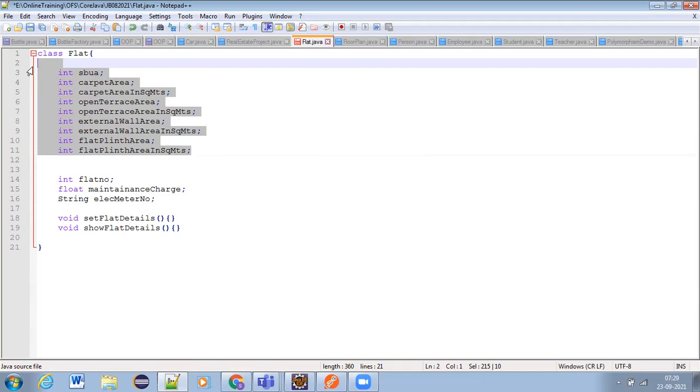So when a flat is selling, do we consider the flat number? Based on the flat number, do we give the amount or rate? Rate will not be fixed based on the flat number or maintenance charge. That maintenance charge will be related to the association, apartment residents association or the owners association, right? Flat number and maintenance charge, and electric meter number are required for the flat owner to pay his bills, right? Electric bills.